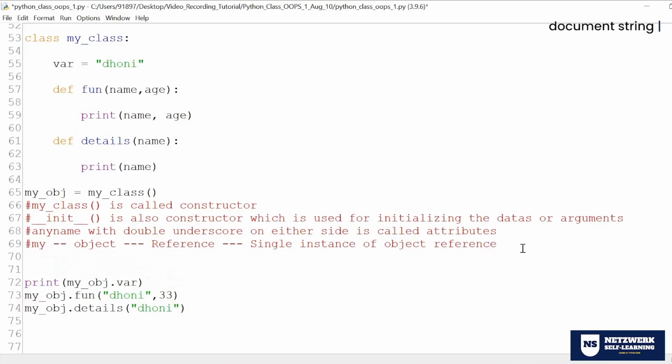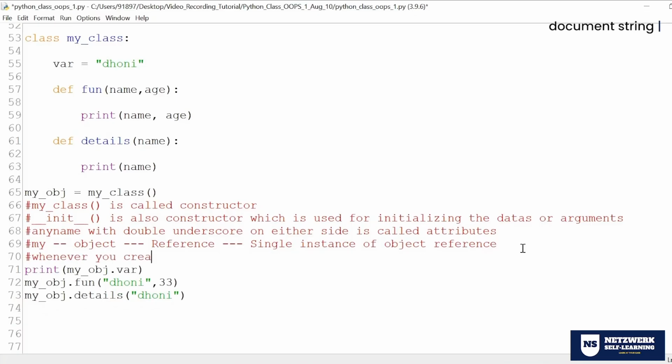And another beautiful point is that whenever you create a constructor, a hidden first argument gets created along with it. So what happened at line number 65?